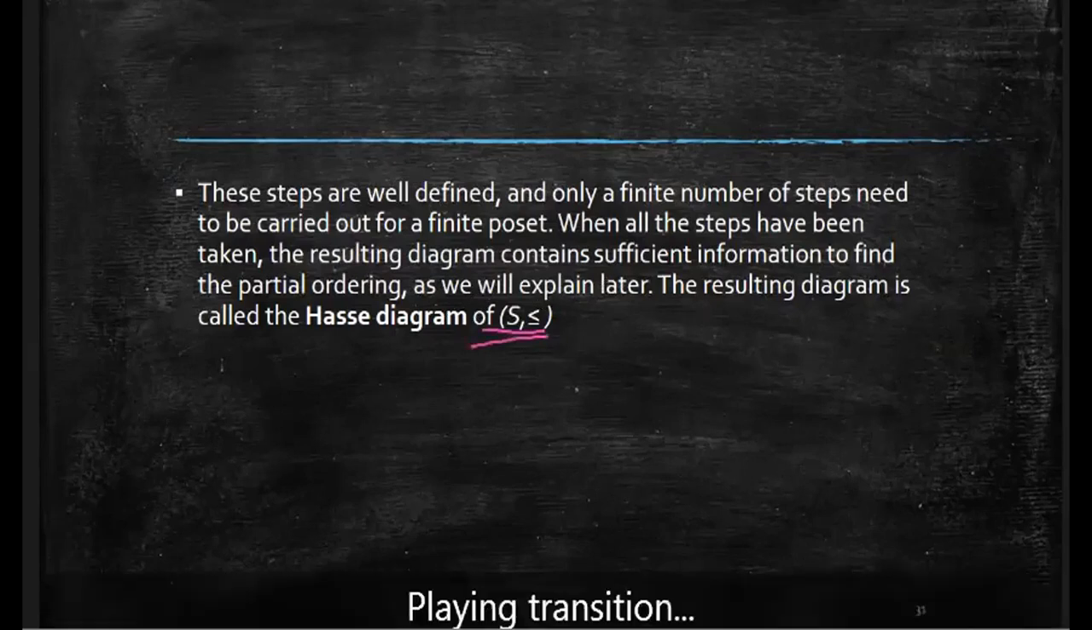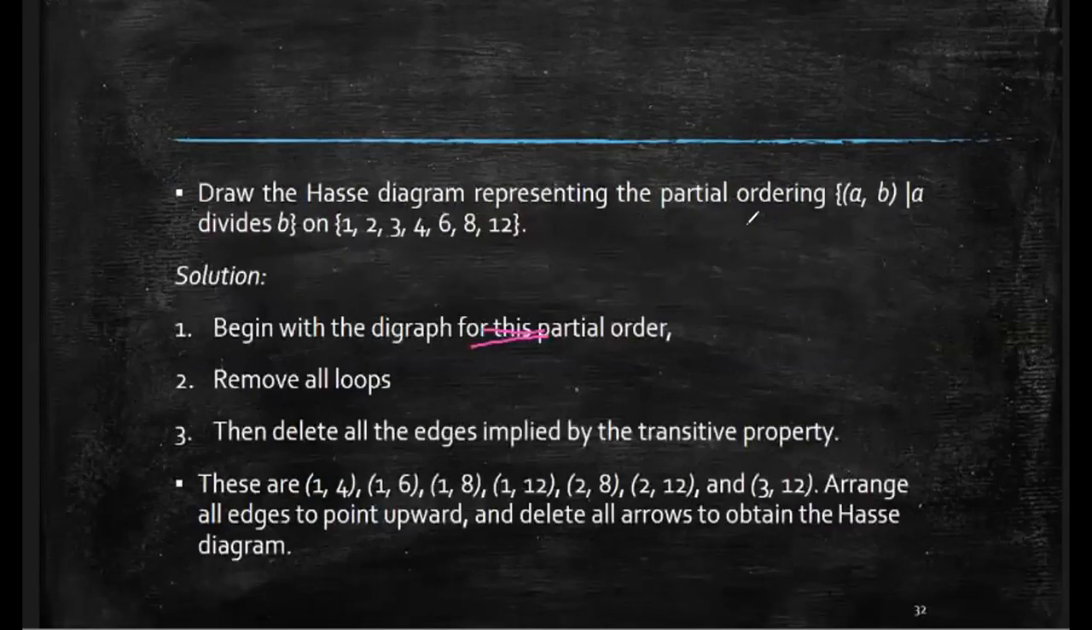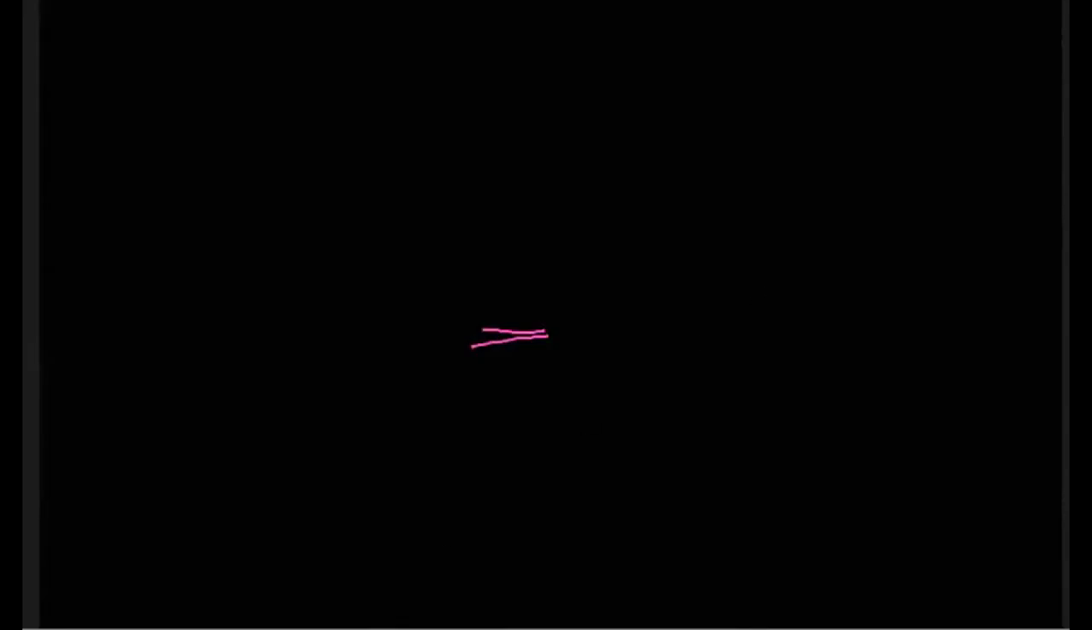Now for this, let's take another example. Draw the Hasse diagram representing the partial ordering A comma B. What is the condition for your ordered pair A comma B? A divides B on 1, 2, 3, 4, 6, 8, 12. So let's write our condition and solve the problem. So for this,